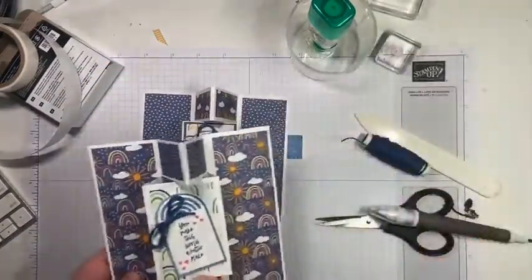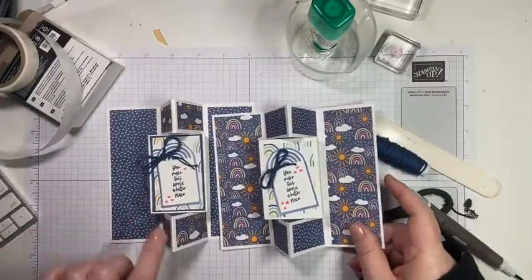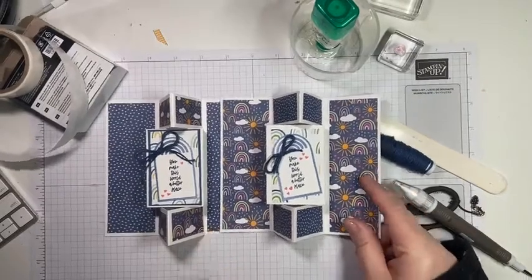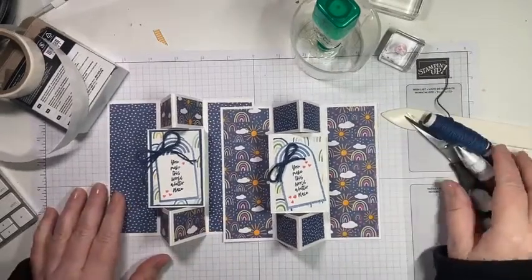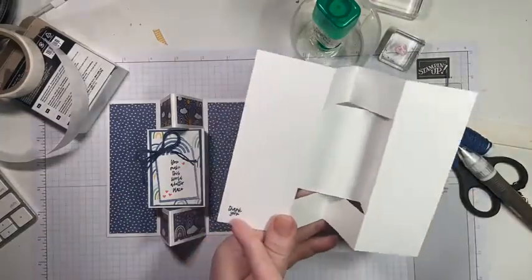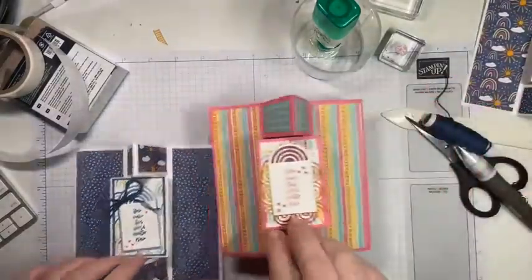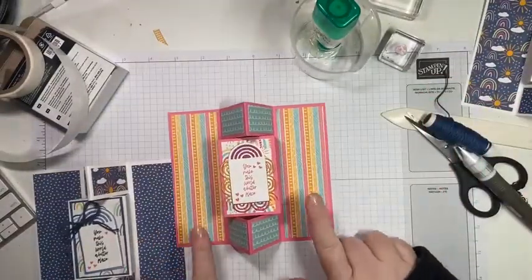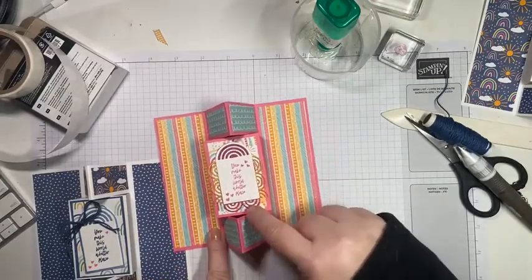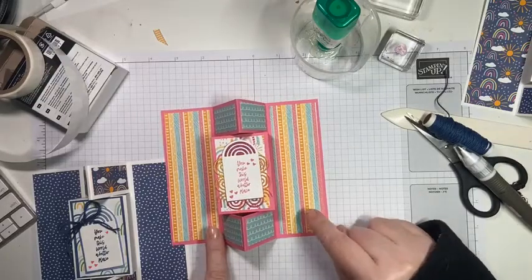So here's the one that I made before. It's basically the same, although I have the border on here, and I just changed up the DSP a little. I just alternated it. Which one do you like better? I think I kind of like this one. And then you can see I just did a little thank you at the back there. And then here's another one that I did in pinks using that same DSP. This is the rainbow glimmer paper, and I just used one of the dies to cut these out, and there